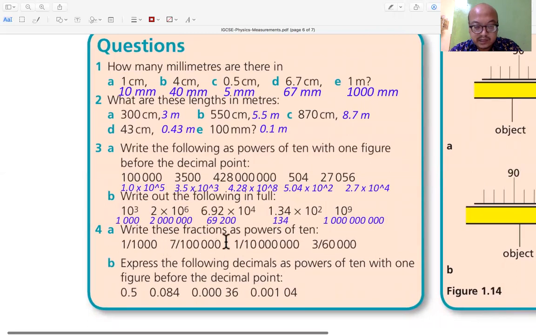What about this fraction as power of 10? This is 1 times 10 power, because the position is below. So this is 10 power minus 3. Yeah, this is 10 power minus 3. Like this, we write it like this just because we use a computer. The assumption is like this: 10 power 6, 10 power minus 3.